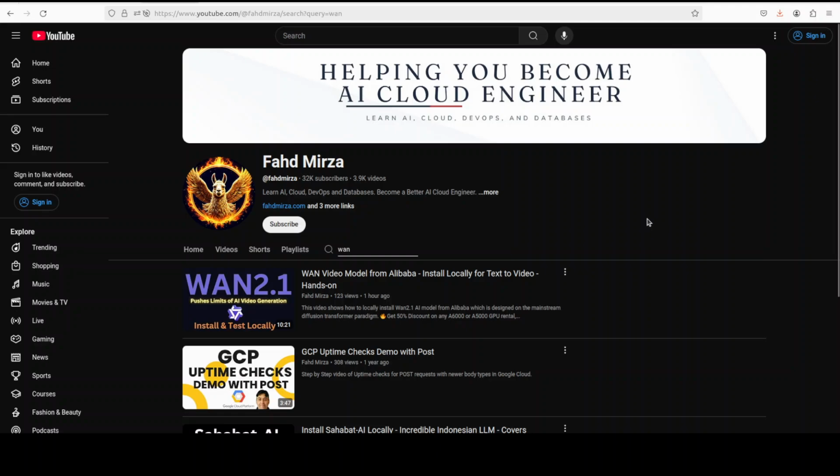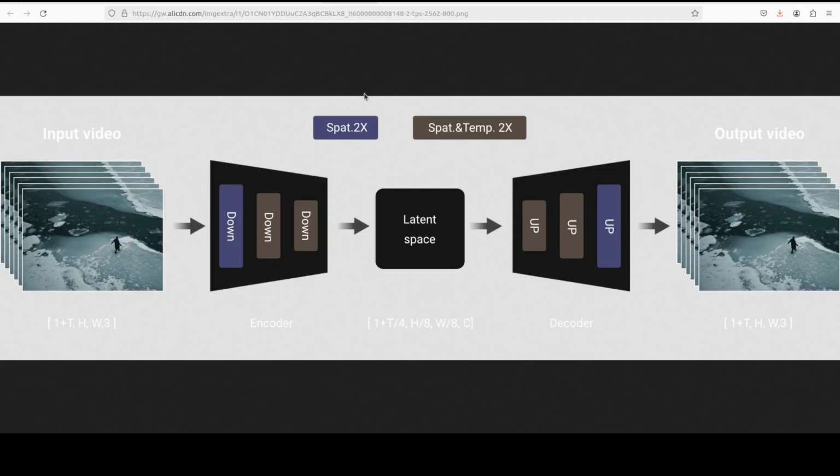So this model comes in two variants, a 1.3 billion parameter variant and a 14 billion one, and I will also shortly explain the difference in a bit more detail. For both models you can go with text to video, but for image to video you would need to use the 14 billion parameter model, and that is what we are going to do in this video after getting it installed locally. But before that, let's check out this model in a bit more detail, especially from the architectural point